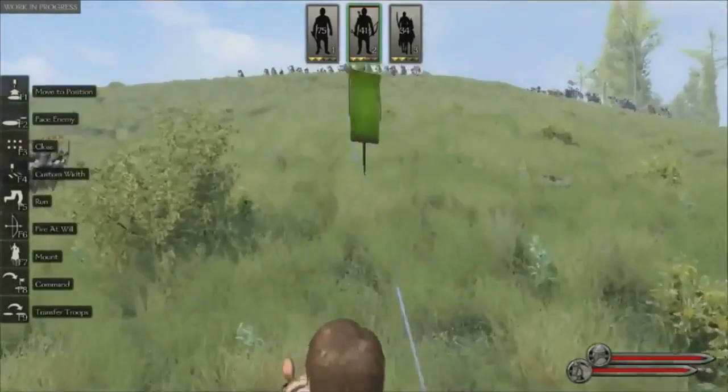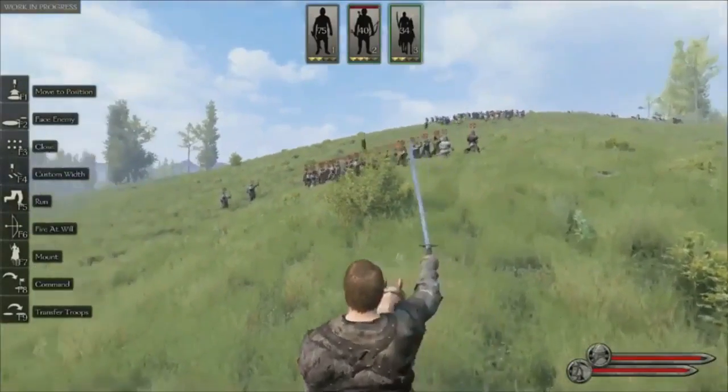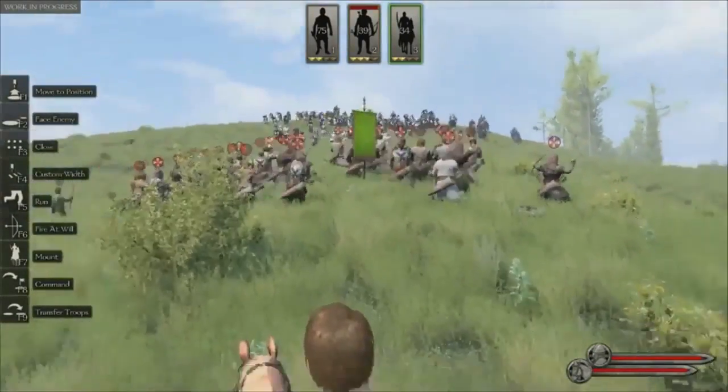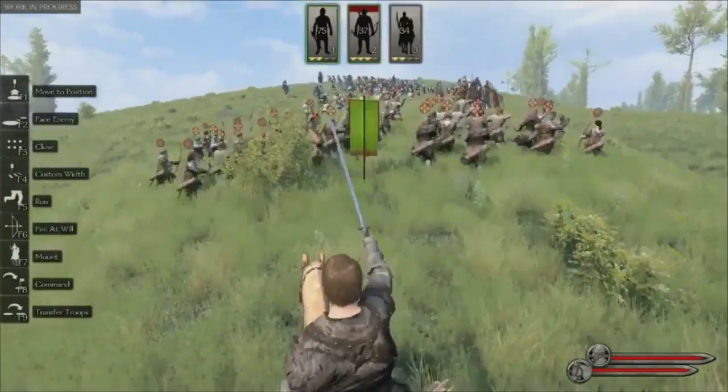You can see now he's moved some horsemen over here. We're actually having a bit of an archer fight right now. His horsemen are coming over to attack. Yeah, okay, so it looks like we provoked them into a charge now. They're starting to come down the hill. Okay, pull them back. Oh my god, no! Get out! Oh